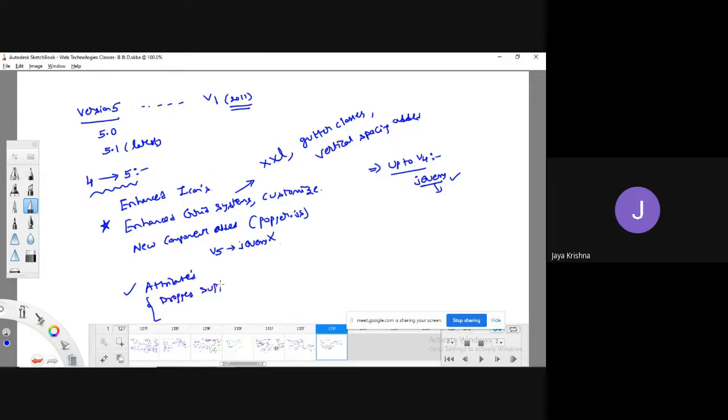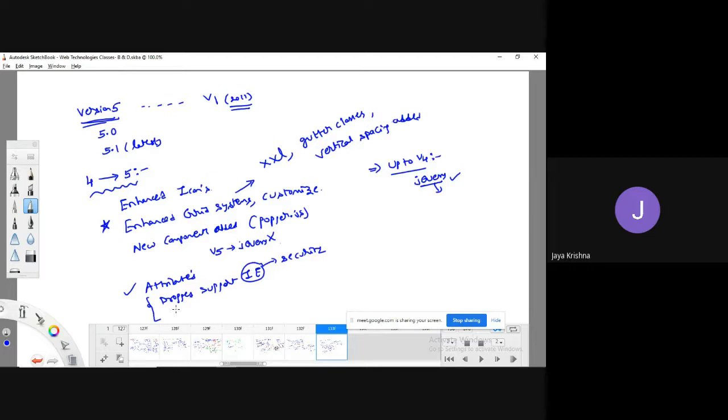And it has dropped the support for Internet Explorer. What is the main intention of Internet Explorer? It is meant to improve the security of a website. But here it has dropped support for Internet Explorer, meaning that whatever features it provides in version 5 may not be supported in Internet Explorer.